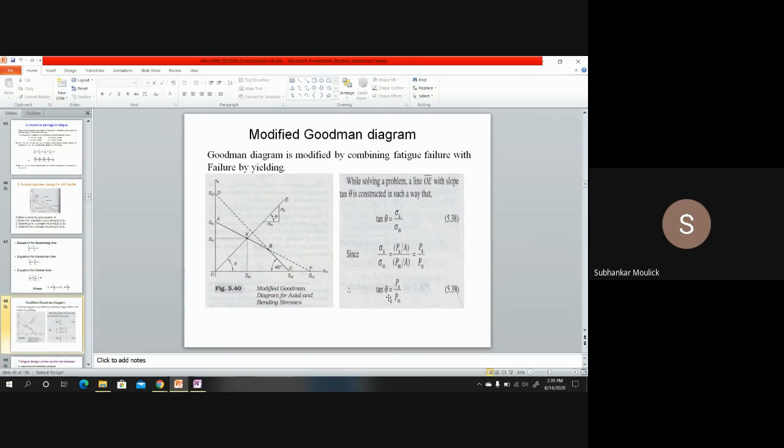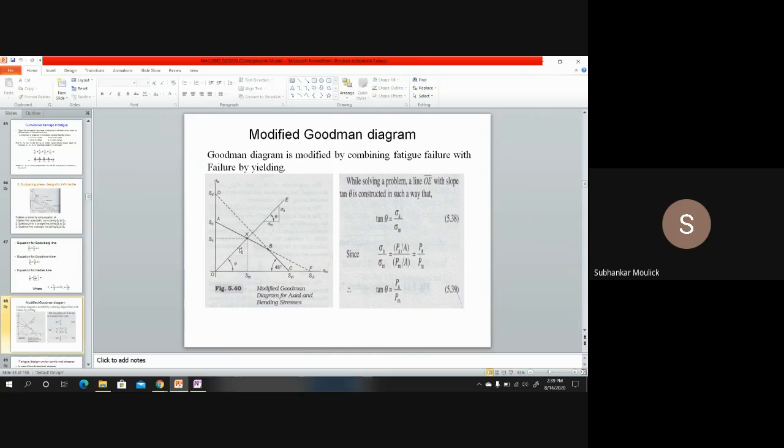Now the region becomes O A B C, O to A to B, B to C, C to O. This particular region represents your modified Goodman diagram,